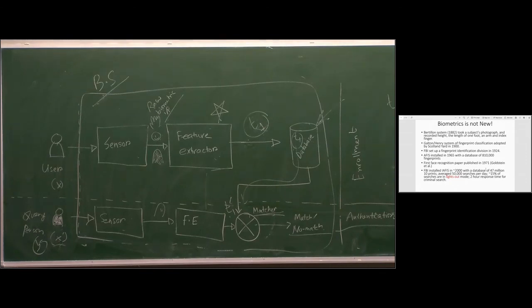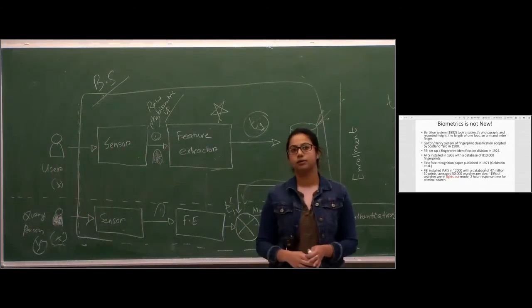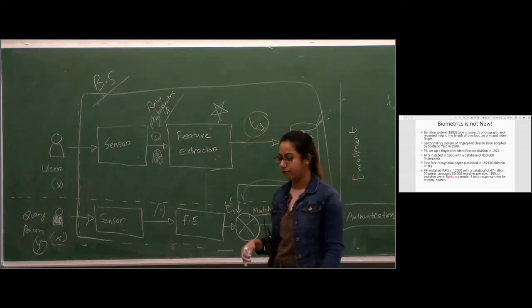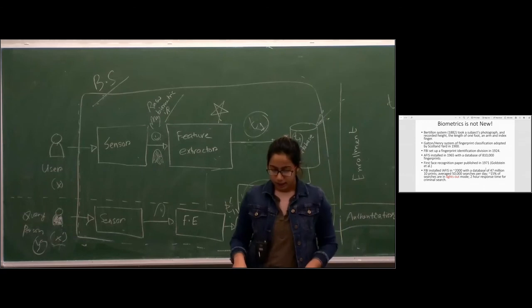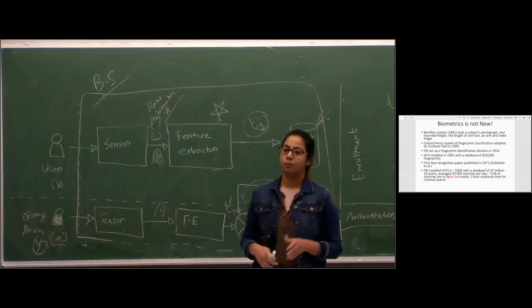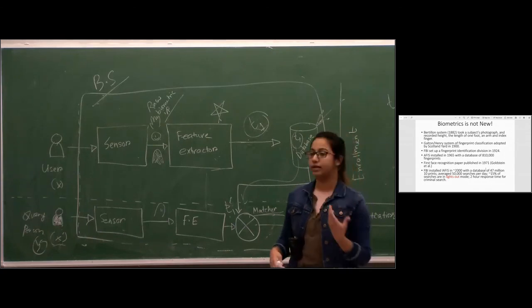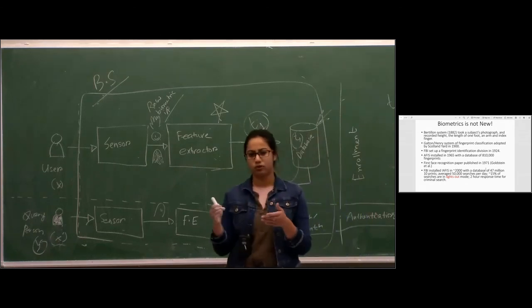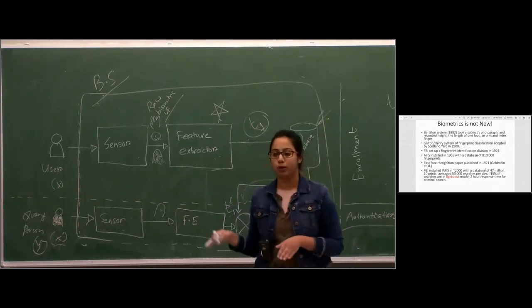So biometrics is actually not new. From last decade, we had very simple types of biometric systems. Maybe they were not as sophisticated as we have in current days, but yeah, there were many biometric systems. For example, in 1882, there was a system called Bertillon system, and in Bertillon system, people were enrolled in the system in terms of their face image, and then there were measurements taken from their one arm, their one leg, but those were very basic measurements, like the height of the leg or maybe the width of the arm. That's how people were enrolled in the system.